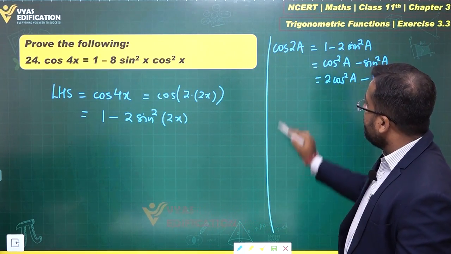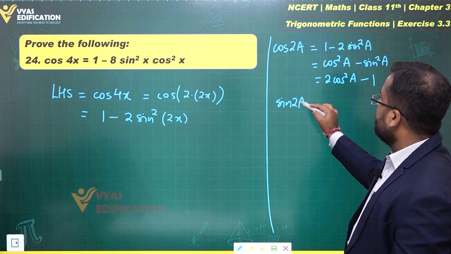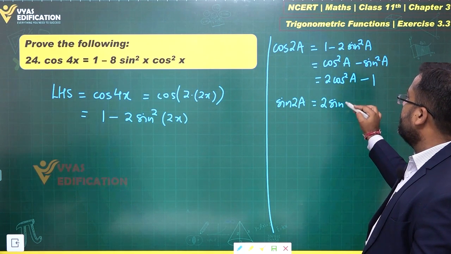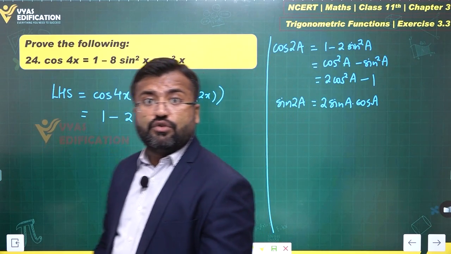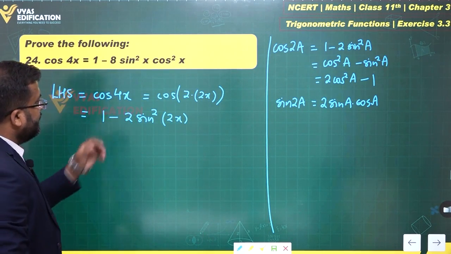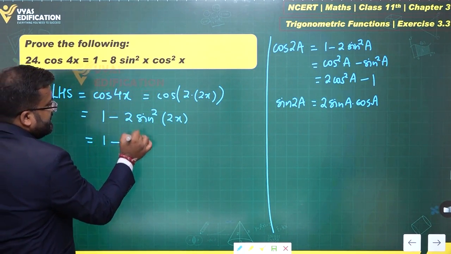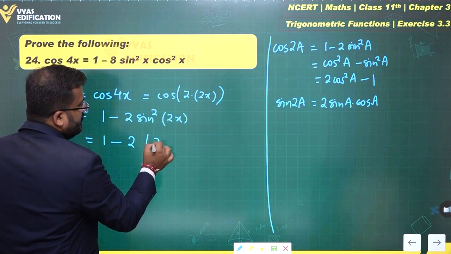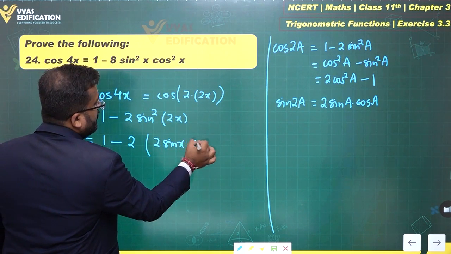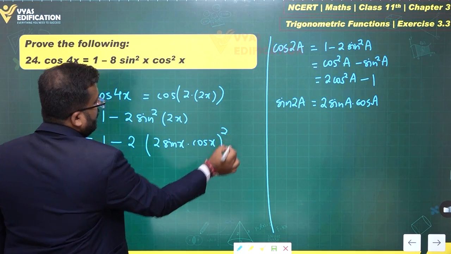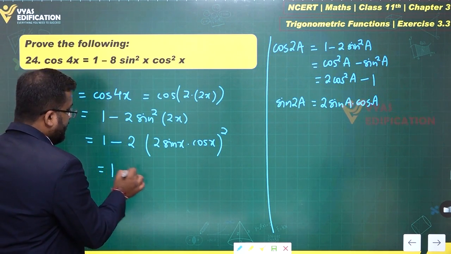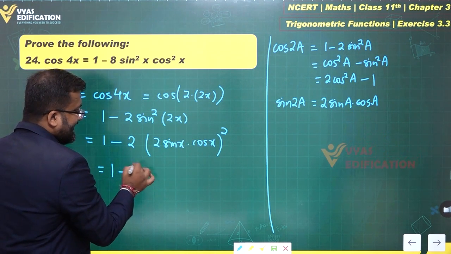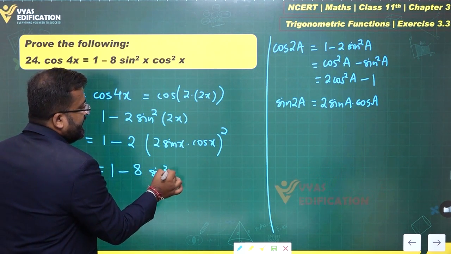What is sine 2a equal to? Sine 2a can be written as 2 sine a times cos a. Sine 2a is equal to 2 sine a cos a. And therefore, 1 minus, this is 2, which is okay. Sine 2x is 2 sine x cos x whole square. Is that okay? Yes. So this will be equal to 1 minus 2 times 2 square, which is 8 sine square